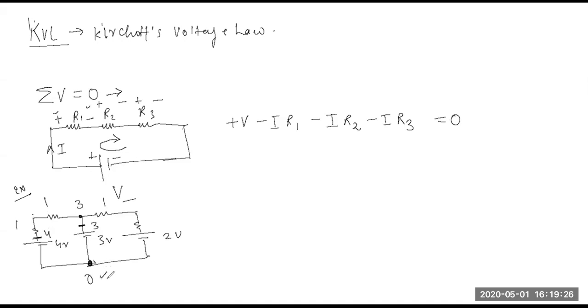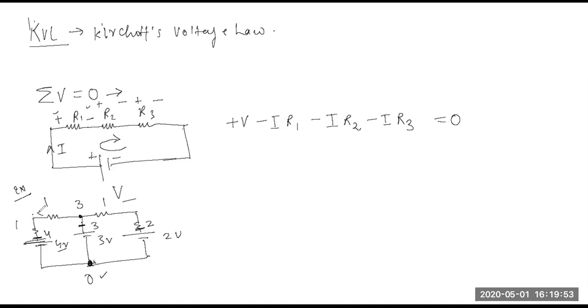Similarly, if there is a 0 potential here, this should be 2 greater than 0. So potential here should be 2, right? So if here is 0, here it will be 4, because the potential difference between this terminal and this terminal should be 4. That is what you call potential difference, right? So if here is 0, here it needs to be 4. If here is 0, here it needs to be 3. And if here is 0, here it needs to be 2.